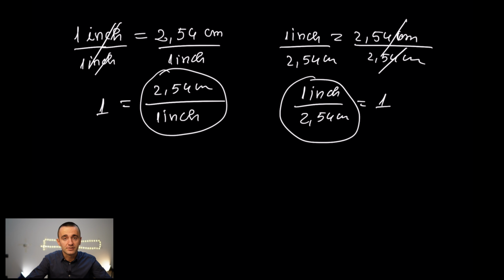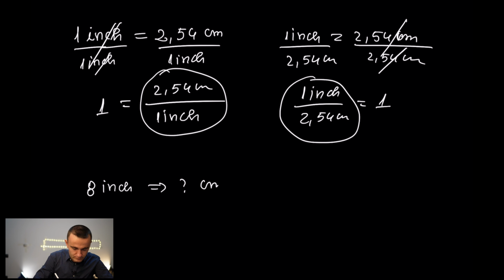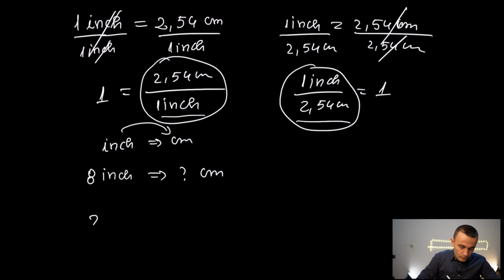So how are we going to use these ratios to convert, for example, inches to centimeters? Which to pick and why? So for example, let's try to convert 8 inches to centimeters. First of all, let's make a simple scheme above. We are going to move from inches to centimeters, from here to here. Now, which conversion factor are we going to use? The first one or the second one? We need centimeters